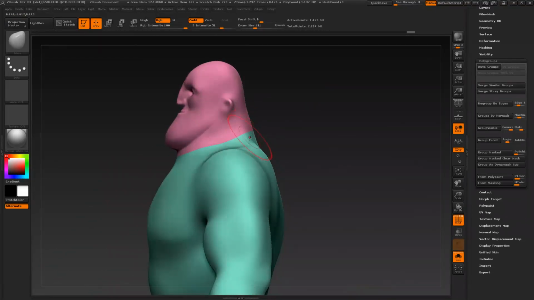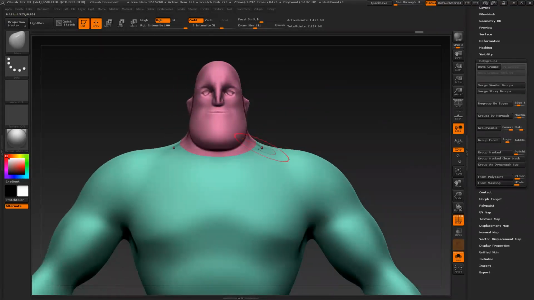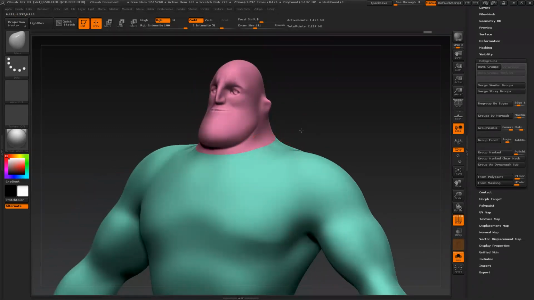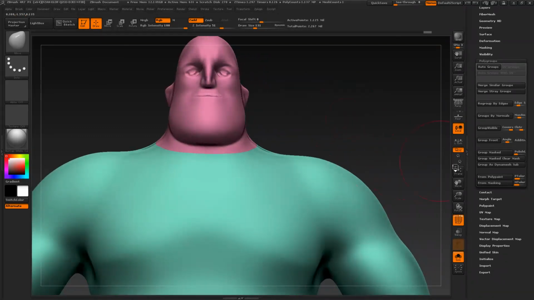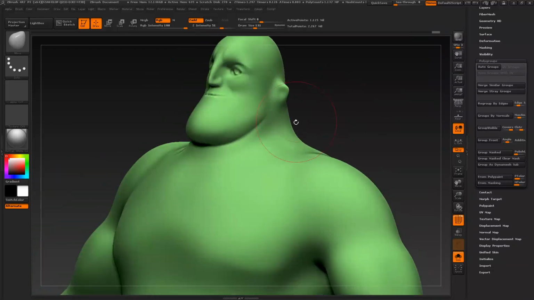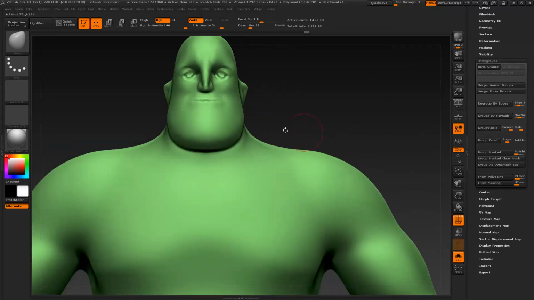So let's do something like that. And actually, what I can do is click again on group visible to remove my polygroup, because I want to smooth here a little bit. Maybe I smoothed it too much. Now that I have